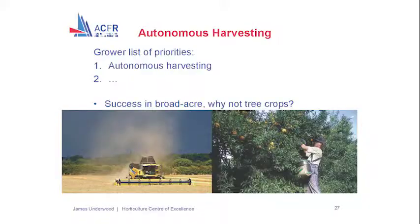So I've been talking about information gathering and so on. I'm from a robotics group. Obviously, autonomous harvesting comes up. And whenever we're talking to growers around the country, it's always number one on their list of priorities, particularly in terms of labour saving and the uncertainty in the labour situation there. So I wanted to just say a couple of things about that and where we are as a community